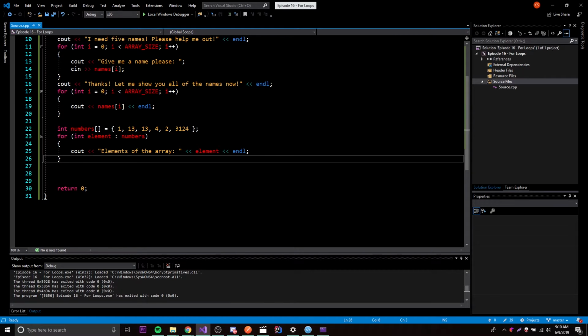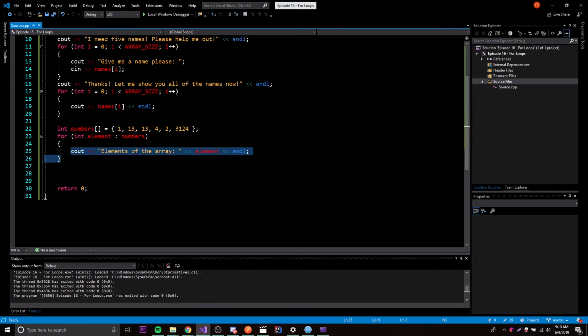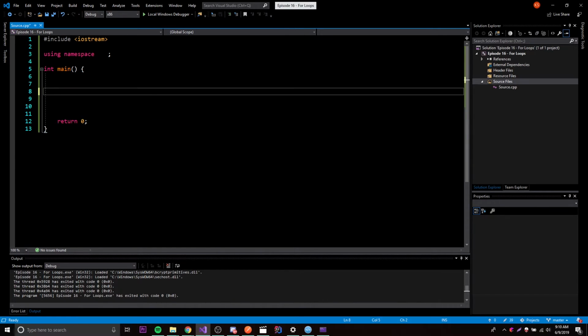But yeah, that's a range-based for loop, excuse me. Range-based for loop. So now let's move on to nested for loops, which are very similar to the nested if statements,